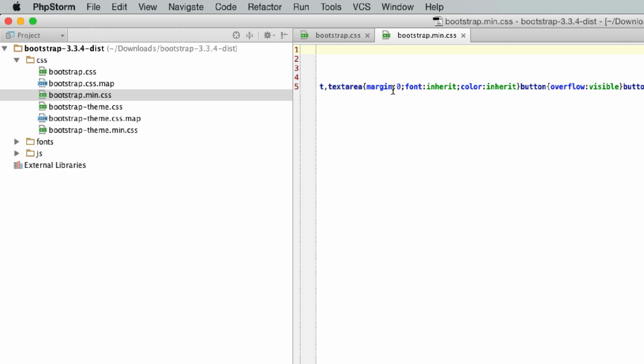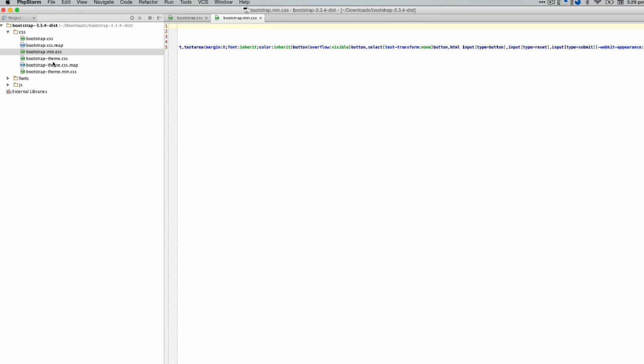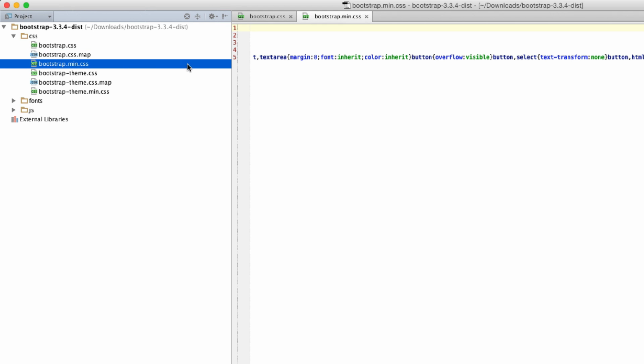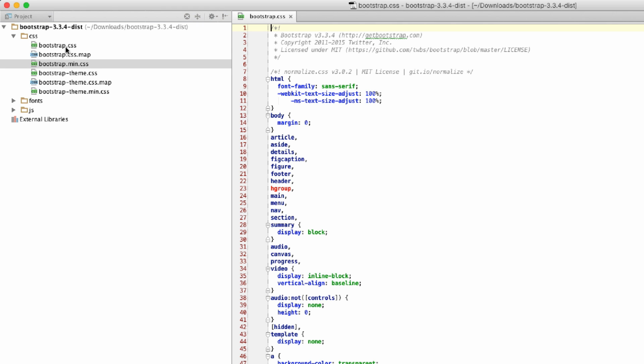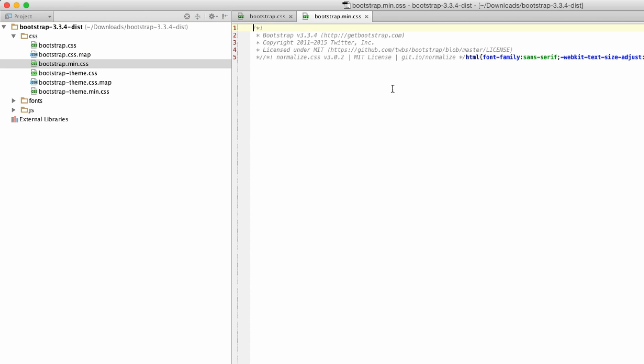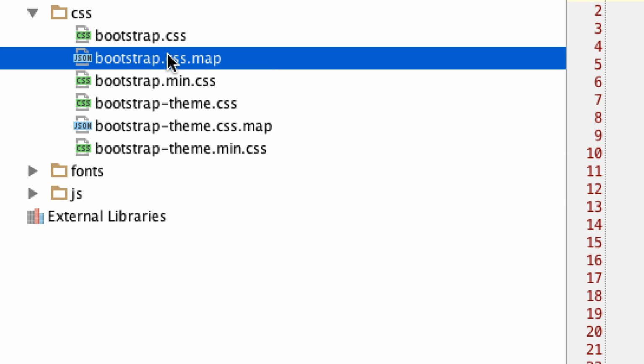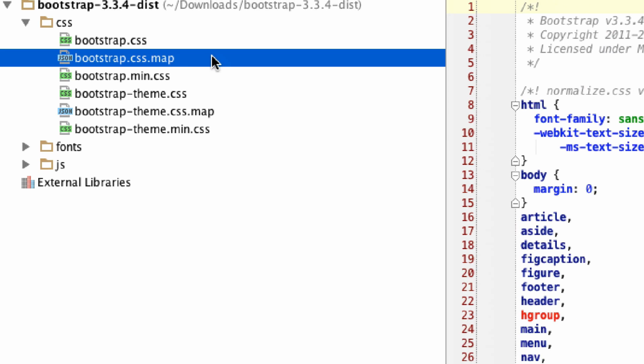But we won't worry too much about it now, other than to say these two files, bootstrap.css and bootstrap.min.css, should be functionally identical. It's just that one's smaller than the other, but obviously not easy to read. If you actually want to go and look through the code, you look at the unminified version. Okay, and this bootstrap.css.map file is